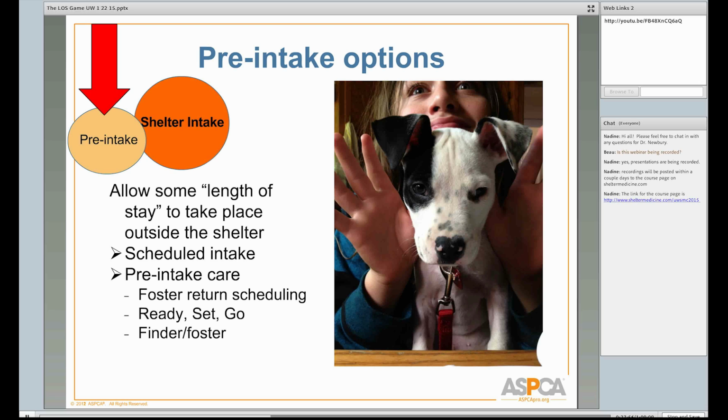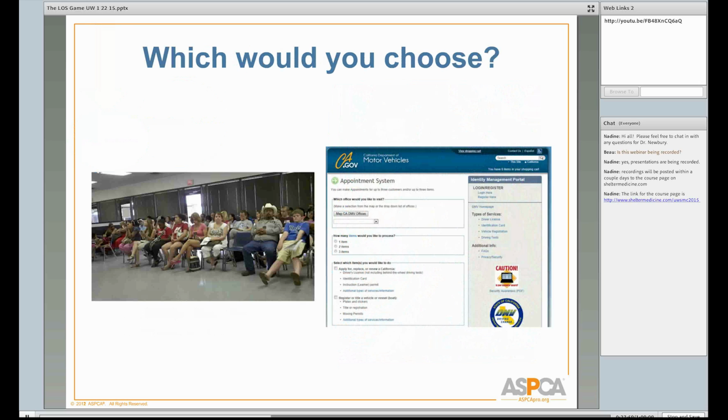This is a slide that Kate Hurley put together, and I love it. It's from California, and apparently you can make a choice when you're going to the DMV. You can either make an appointment, and when you show up, you may have to wait a little while to get your appointment, but usually not too long, or you can just go sit and wait if you show up and you don't make the appointment. So which would you choose? And I think a lot of shelters have been really hesitant to do this because they felt like, oh, well, people wouldn't want to wait, but it turns out when you start asking people, most people are just fine with making an appointment.